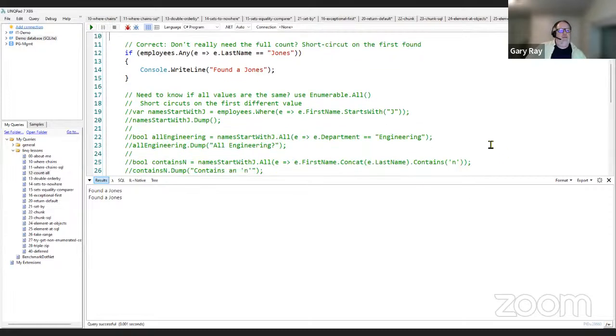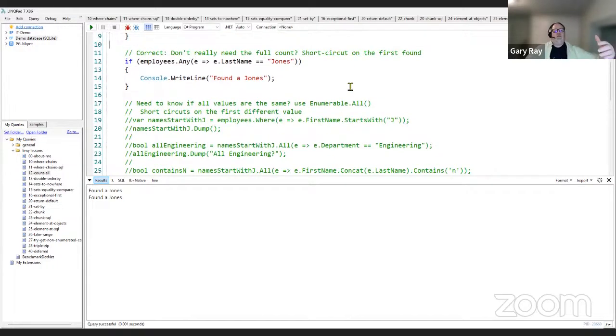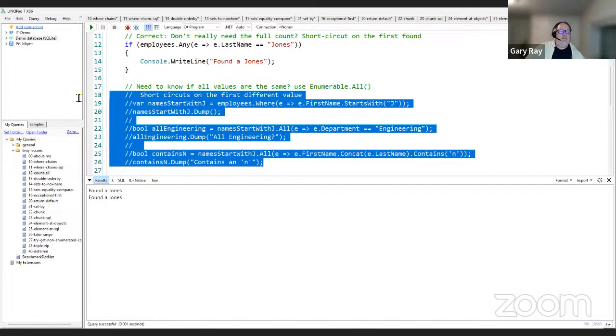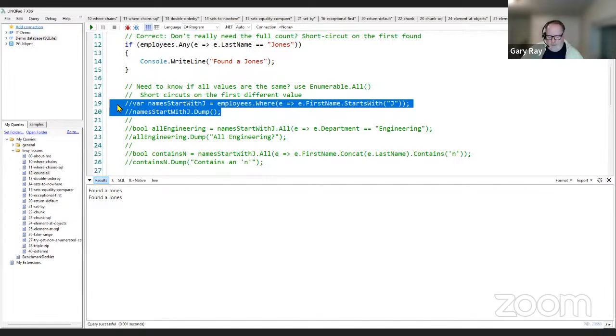And there's again a complement that says if I need to find out, I mean, we're used to doing any, but a lot of people don't know that there's an all complement to any, and that says, do I need to know if all of the values are the same? So we'll do, for example, do all of my